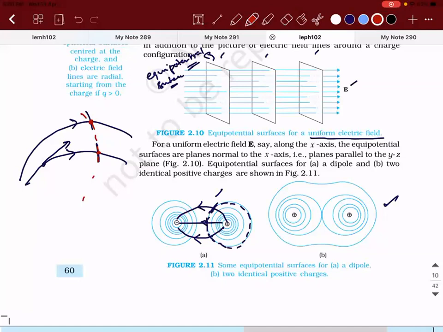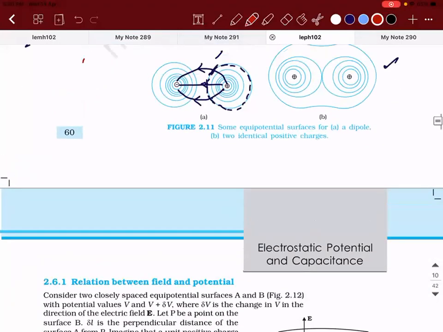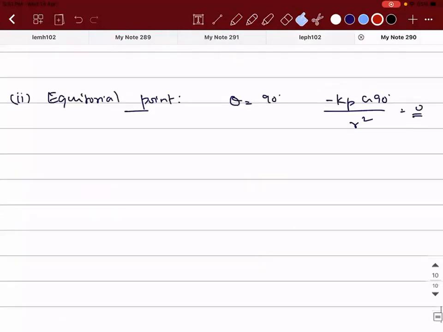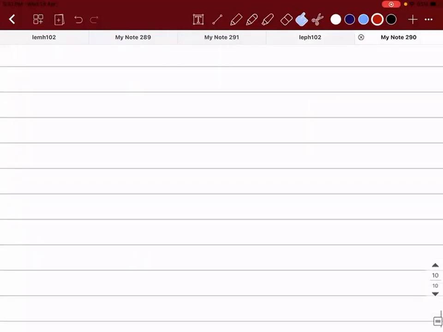Right. So are you able to understand? This is how the equipotential surfaces are drawn. These two things you can look at your textbook and draw later. But is the concept clear? Now, one type of question they can ask you is, if at all there is an equipotential surface,